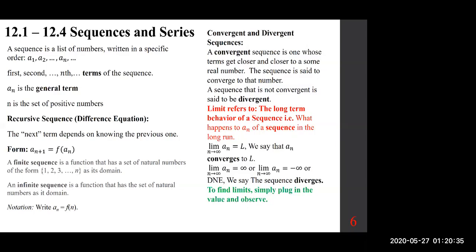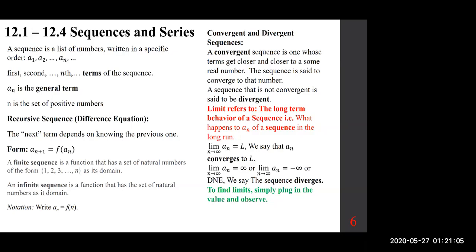Okay, and it gives us really an overview of what's coming up. First and foremost, it is important for everybody to know what we mean by sequence. Sequence is simply a list of numbers. We start with a sub 1, a sub 2, and we move on. That's the first term, the second term, and then a sub n, which is the end, which is known as